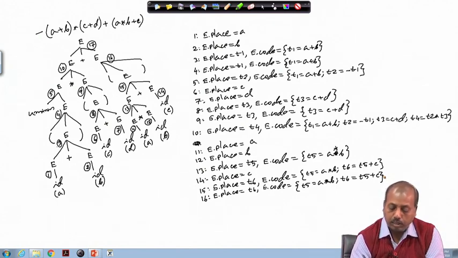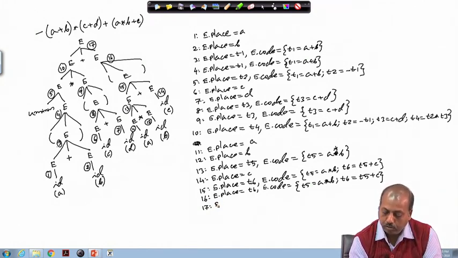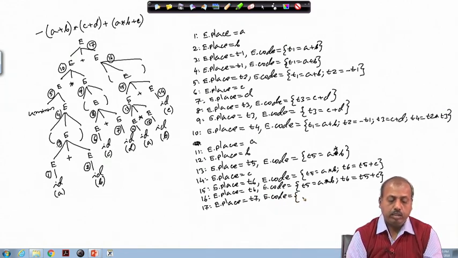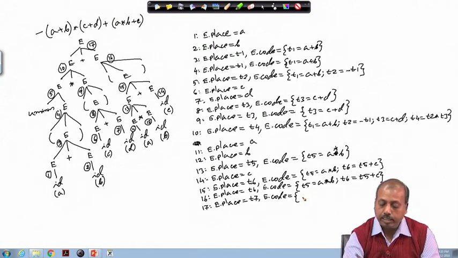Okay. Now comes 17. So, 17 will have a new temporary, so this E dot place equal to T7, and this E dot code will have this E1 code, that is 10's code part.